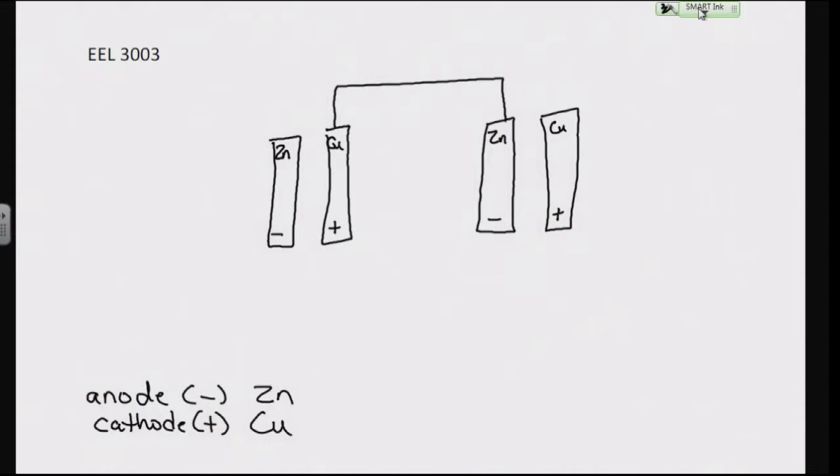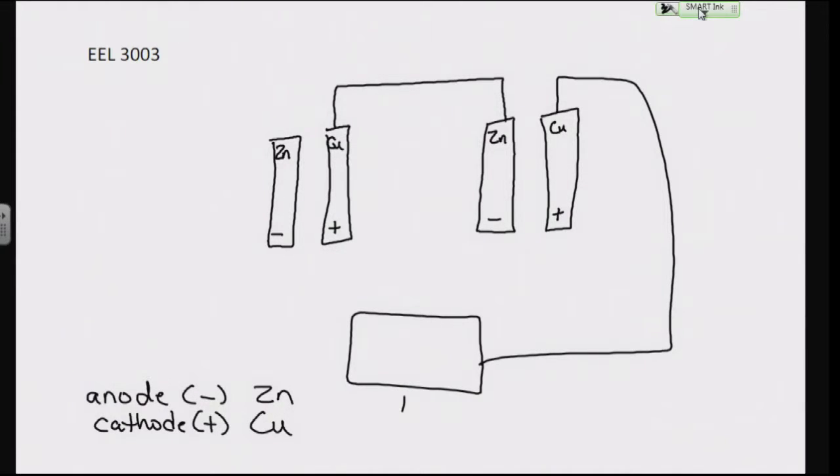And then to connect it to some sort of load, we take one end of this and connect it to our load, whatever you're going to power with your two battery cells in series. And then to connect them in series, we're going to do the positive one to the negative of the other